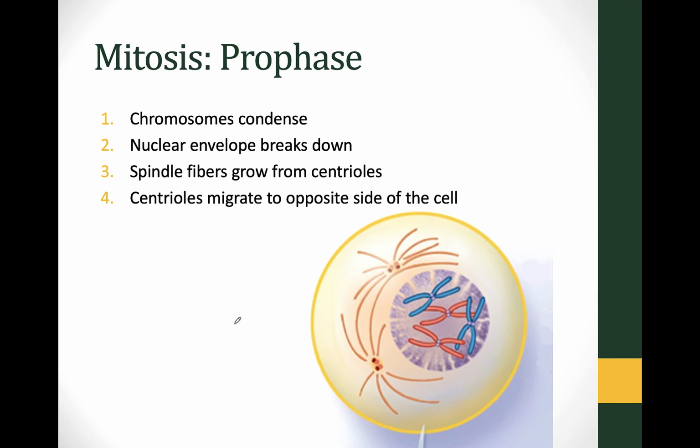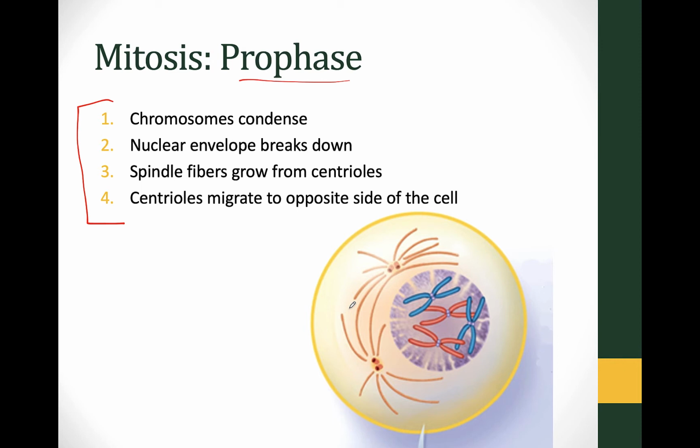So let's look at each of these phases. So you need to be able to describe what cells are doing in each of these phases. So in prophase, the chromosomes are condensing. I like to think about this like you're packing up a house. If I'm packing up my house because we're moving and splitting into 2 houses, right?